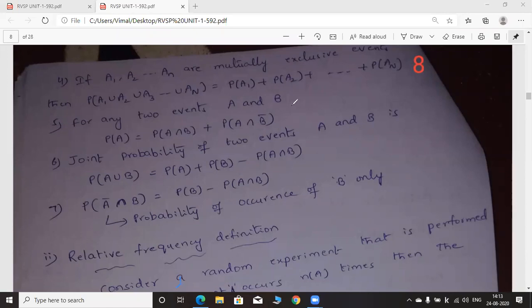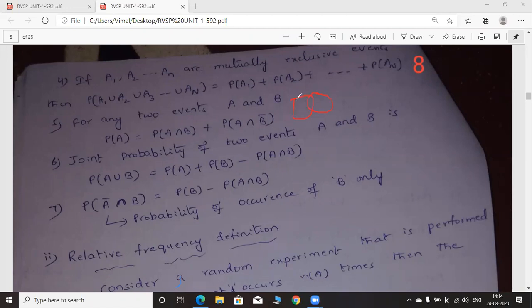So how can we explain this property? We have two events, capital A and capital B. We want the probability of occurring A only, event A only. So here I am drawing two circles to indicate capital A and capital B. Here we want the probability for event A. How can we get probability for event A only? First circle indicates A, second circle indicates B. There is a common part for the two events A and B.